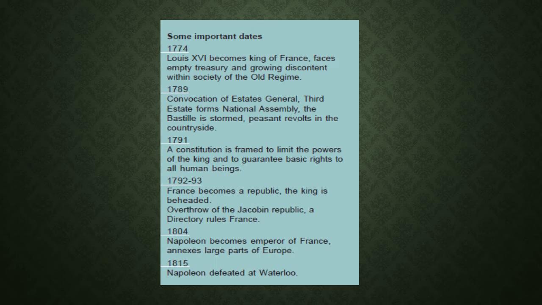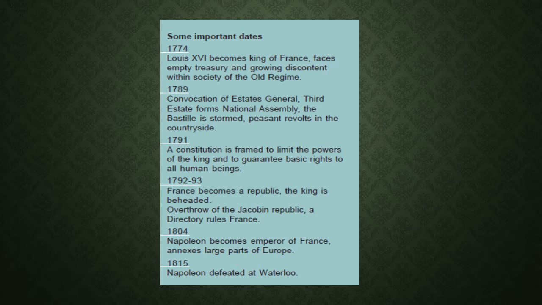We have already studied the history of King Louis XVI in part 1 of the history of 9th standard. Please go through those parts for continuity, as we have given all these things in detail there. So the king is executed by guillotine. You already know what happened to the king. The king entered into a conspiracy, and it was proved, and finally he was guillotined. The Jacobin Republic was overthrown, and a directory, a body of French citizens, rules France.